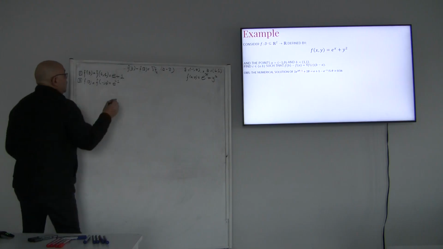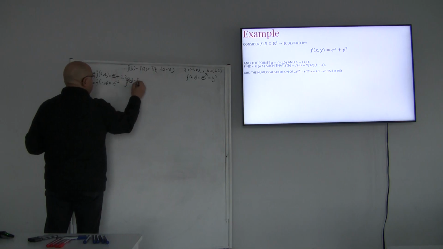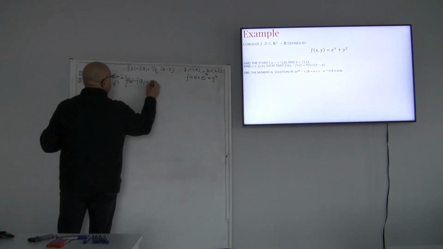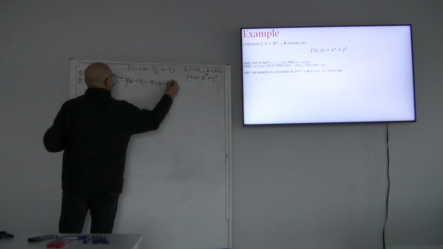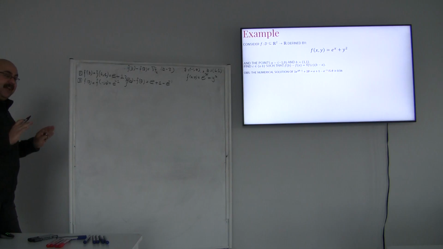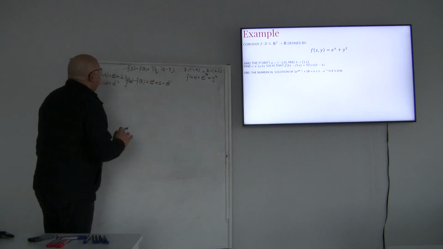Okay? Now from these two values, I can get f of b minus f of a. Am I right? Making this difference, it's going to be e plus 1 minus e to the power of -1. All perfect. So the left hand side, I already have it. Now I will go for